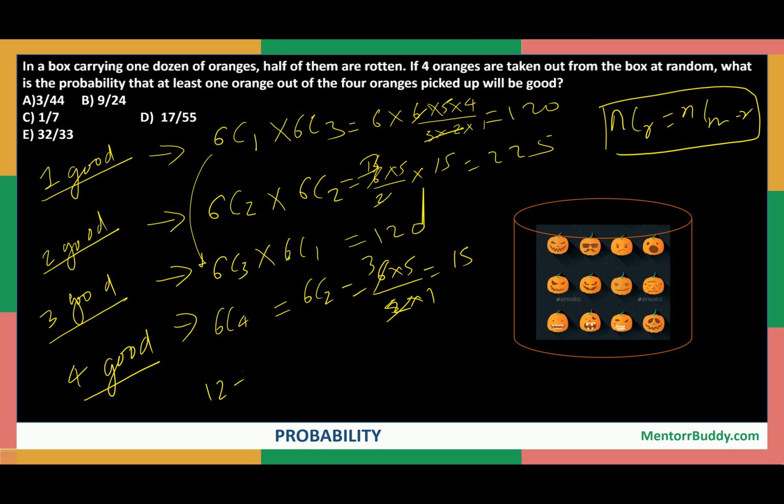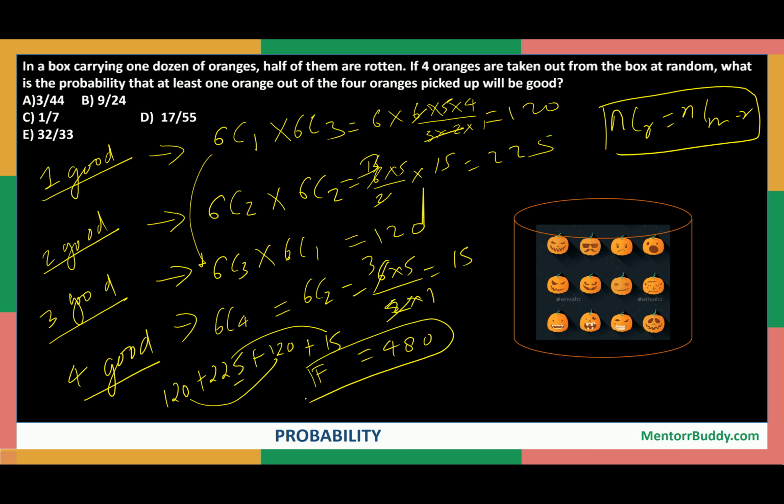So in how many ways can good oranges be picked up? 120 plus 225, plus 120 again plus 15, so this is 120, 240, and this again becomes 240, that is 1530. So 240 plus 240 will give you 480. 480 is the favorable number of cases, and the total number of cases will be